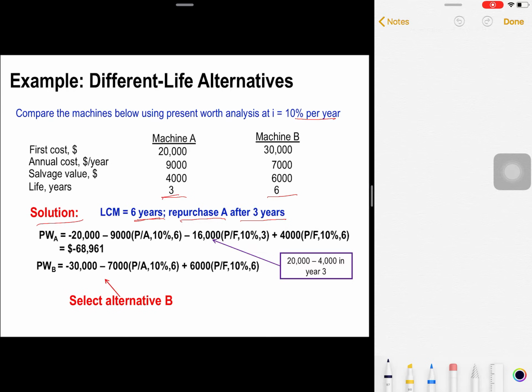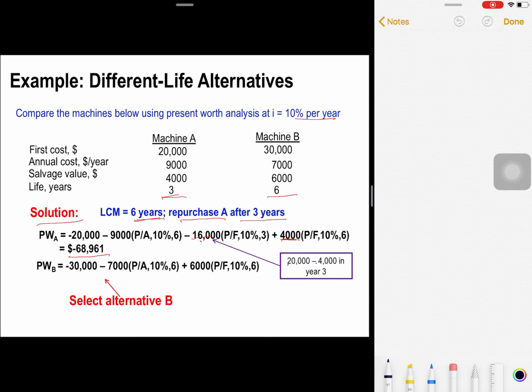Going for machine A, with n equals 3, we calculate the PW: negative 20,000 minus 9,000 P of A, 10%, 6, minus 16,000 P of F. Why 16,000? It is $20,000 minus 4,000, the salvage value after year 3, because you want to repurchase, plus 4,000 because this is a salvage value